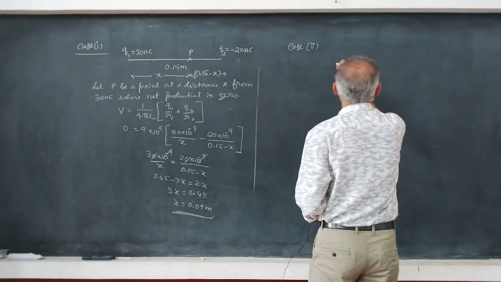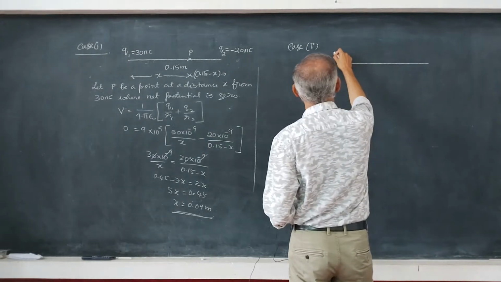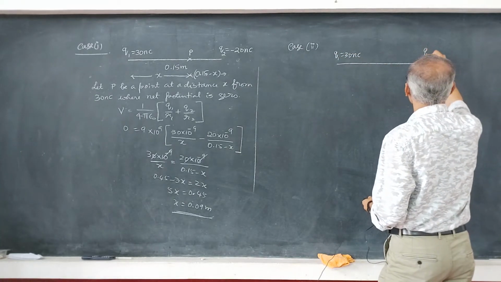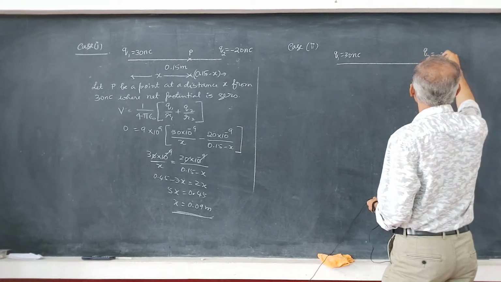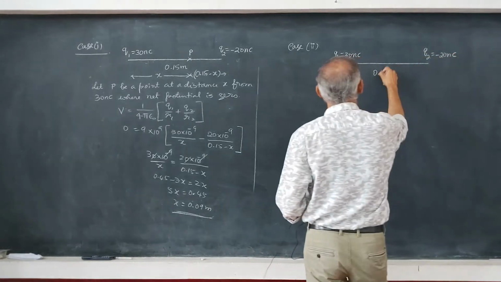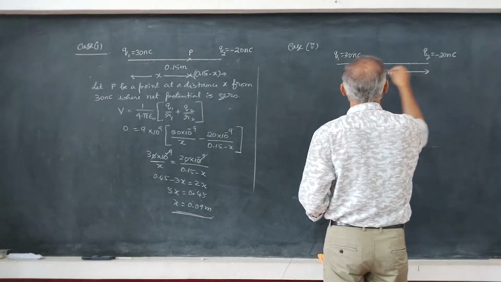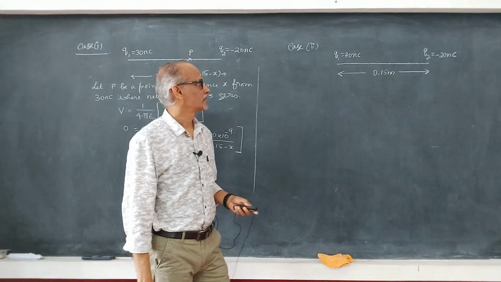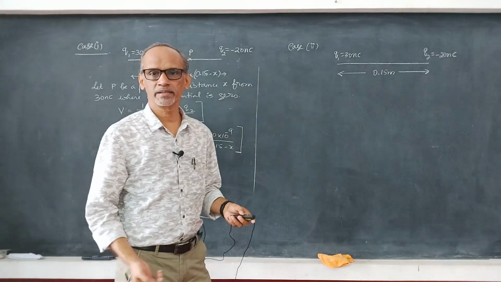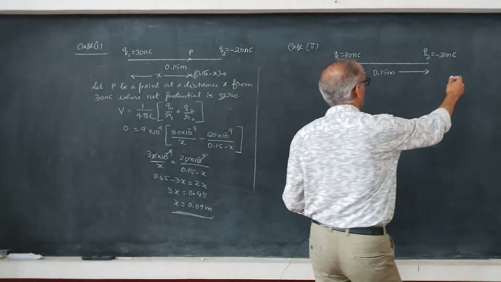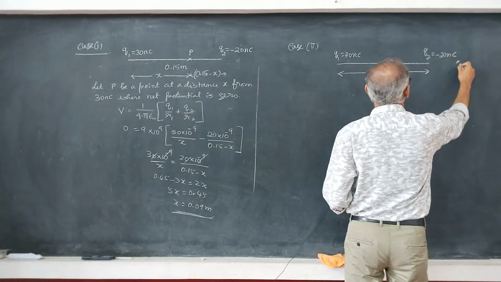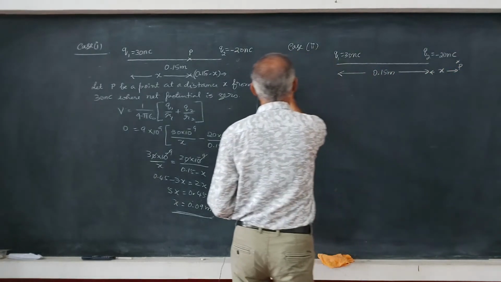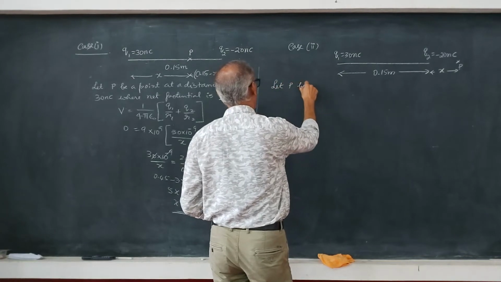Second case, when the same charges Q1 is 30 nanocoulomb and Q2 is minus 20 nanocoulomb, separated by 0.15 meter. And now the point lies outside the line joining the two charges and nearer to the weaker charge. The weaker charge is this one. So point P is at a distance x. So now I will write, let P be a point